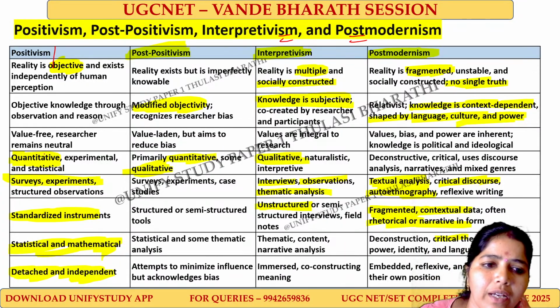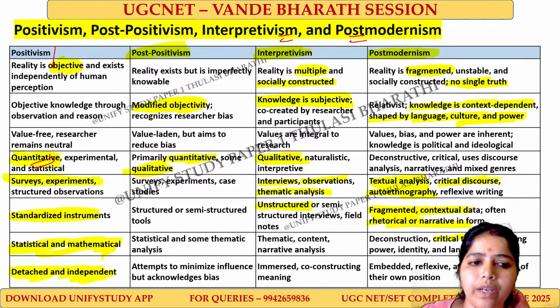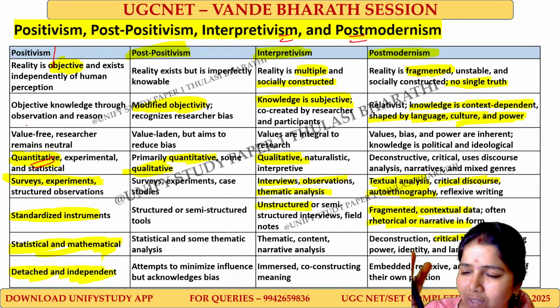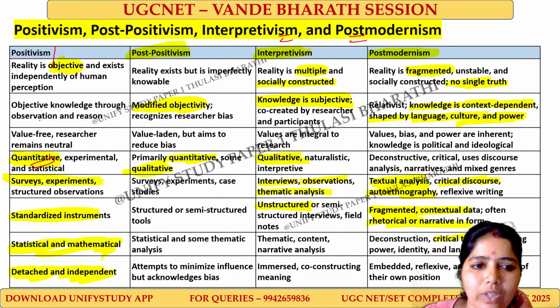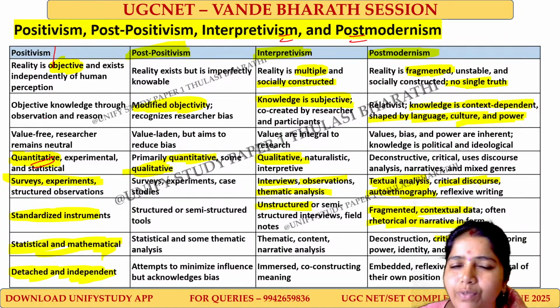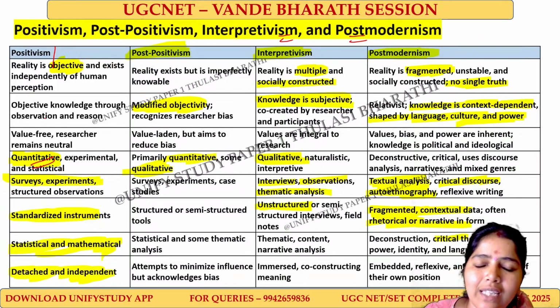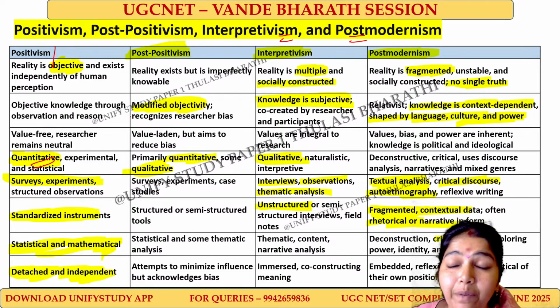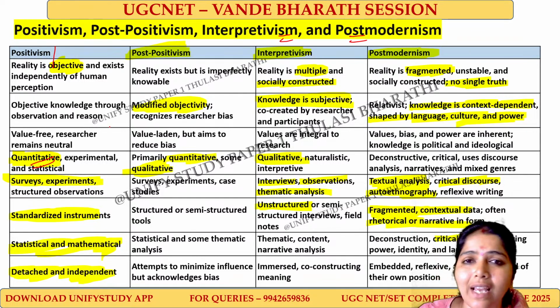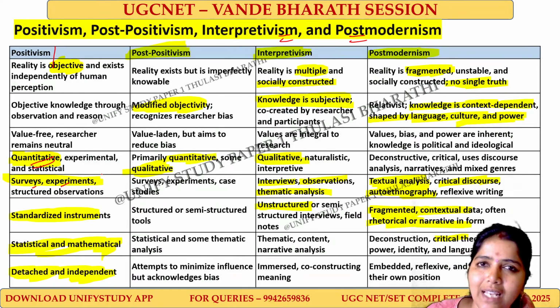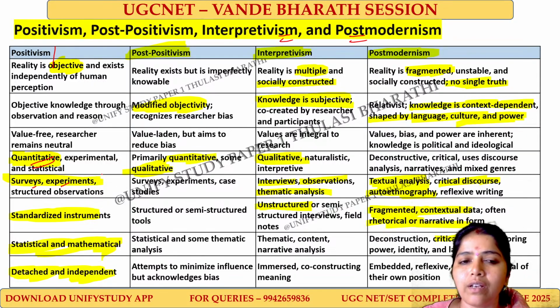It is purely quantitative in nature. It is purely scientific, where the scientists who believe in positivism believe whatever science says. They observe, they say whatever the experiment says, I will go with that. They have a strong reason for why it happens, and then they will accept. There is no human intervention of interpreting things; whatever happens will be taken. It is based on surveys, experiments, and observations. Standardized instruments will be used, and no bias will be there.